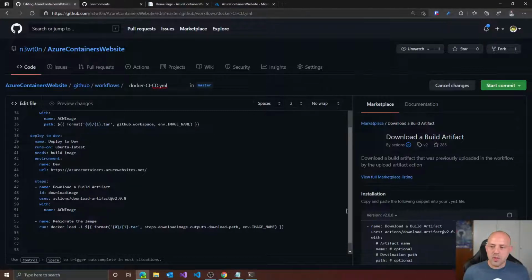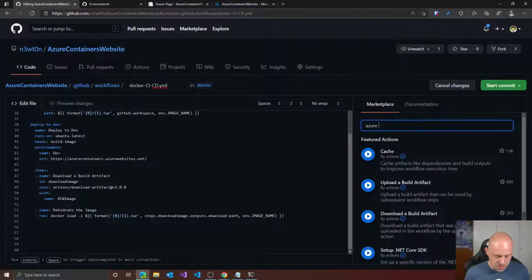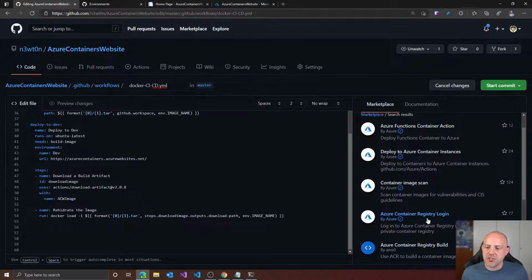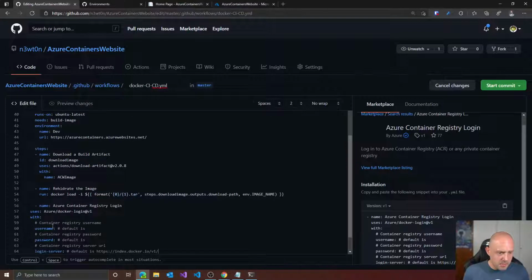Now, to do so, once again, we can go over here in the marketplace and search for Azure Container. And here we go, Azure Container Registry login. You need to use this because Azure Container Registry, of course, is a private registry, and therefore you need to log into it. Once again, we can just copy all of these, paste it here,